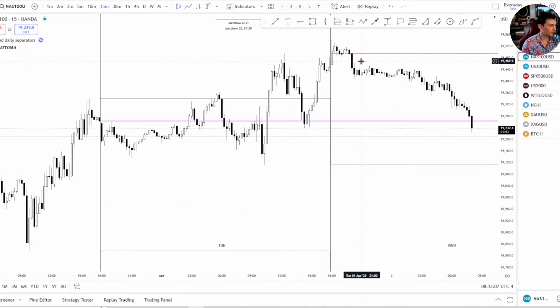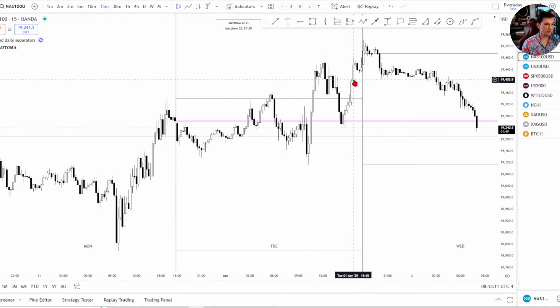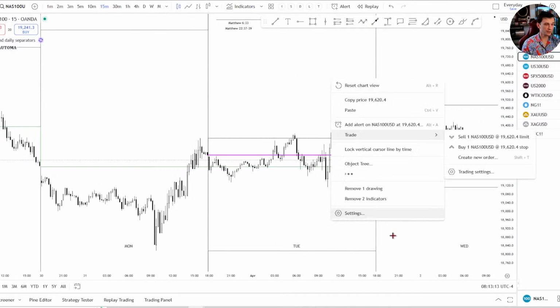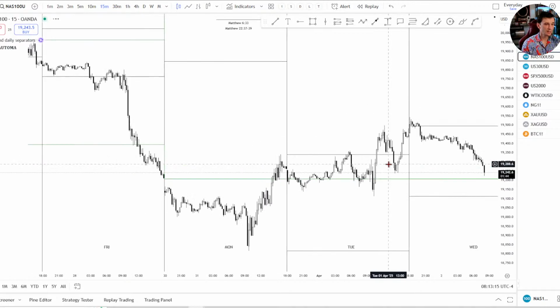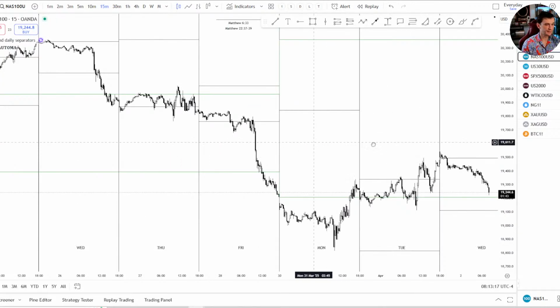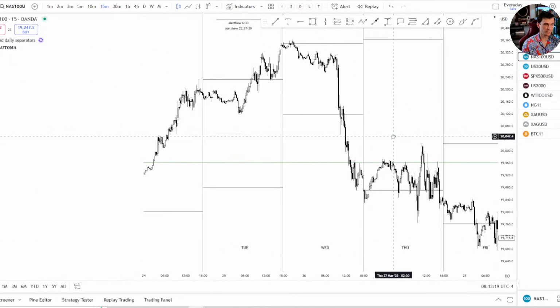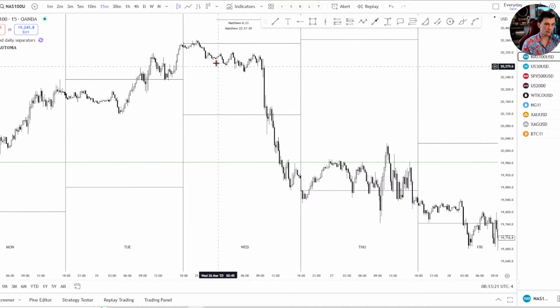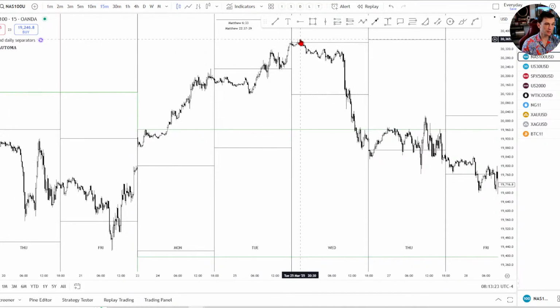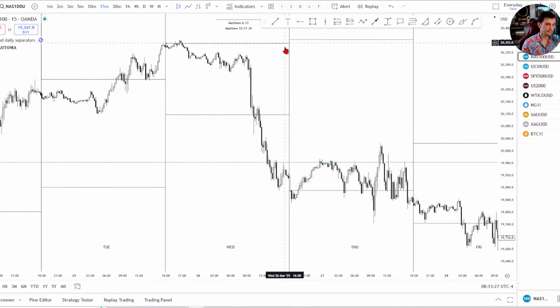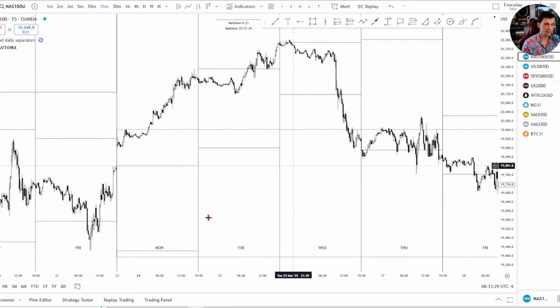Sam's question is, which day of the cycle can first red or first green day present on? And he said it's always on day 2, but that's not necessarily true. It could be on day 1 of the cycle as well. For example, right? We're at the high of the current week here. We broke it out. It failed. And then this is a first red day going back down towards the low of last week.